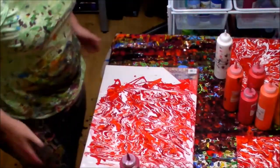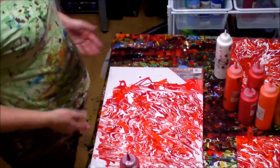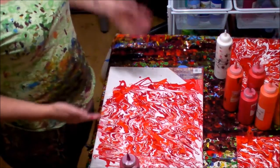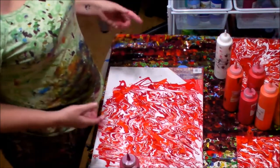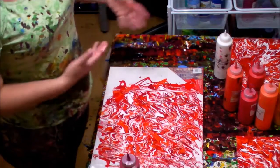Okay, well that's interesting. So I have 3 papers now, and what will happen is these are going to dry overnight. One of them is going to stay the same size, 12 inches by 12 inches. One of them is going to be cut in half to create 2 6-inch by 12-inch pieces, and the third was a backup in case we screwed something up. So as we move along,